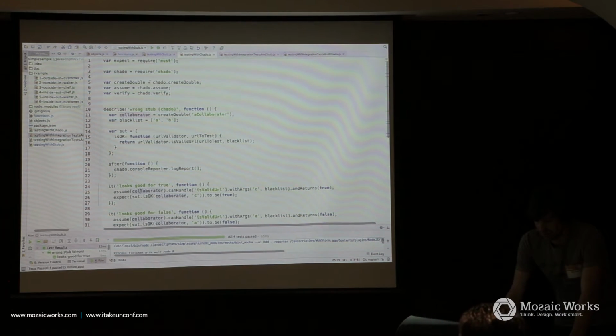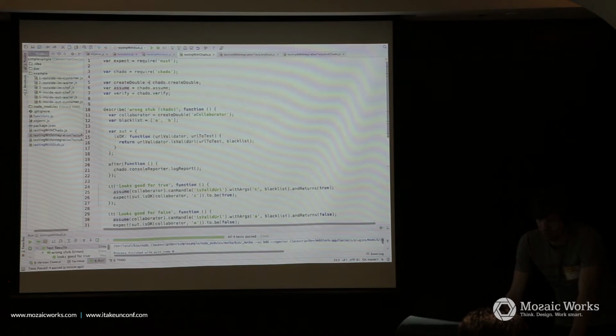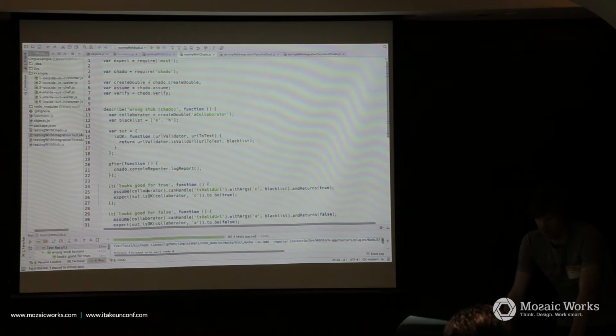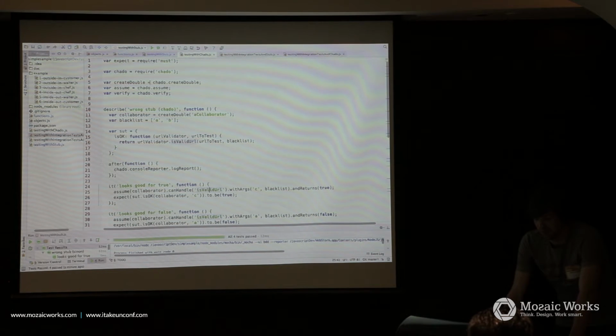So when we want to define an assumption, it's just how we read it. So we assume that our collaborator can handle when it's called the method isValidURL with the arguments C and blacklist, and then the collaborator should return true.